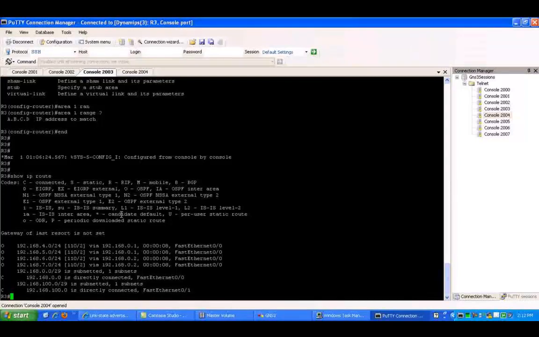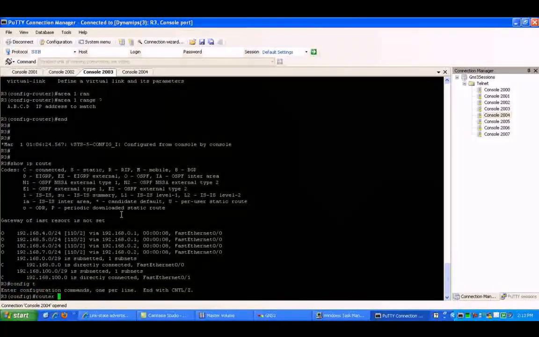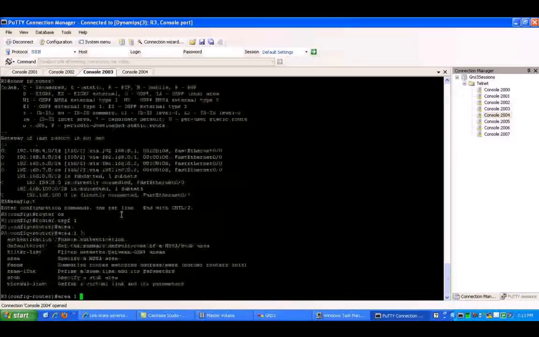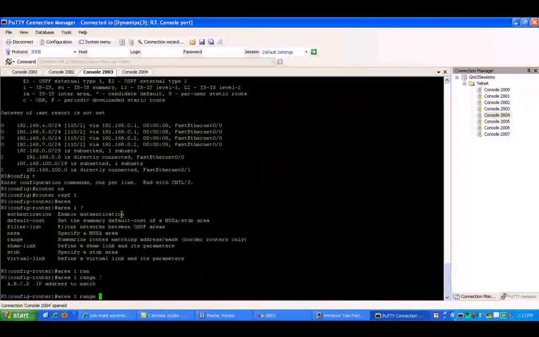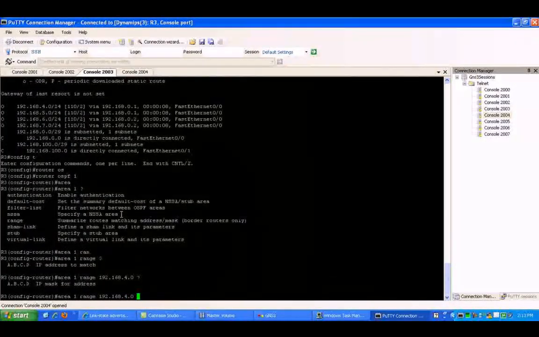Correctly, we're going to summarize those routes into, not a /30, but let's go into router OSPF 1. We'll do the command area 1. We'll do the range command, and then we'll do 192.168.4.0, which is our network. And then our subnet mask is going to be 255.255.252.0,